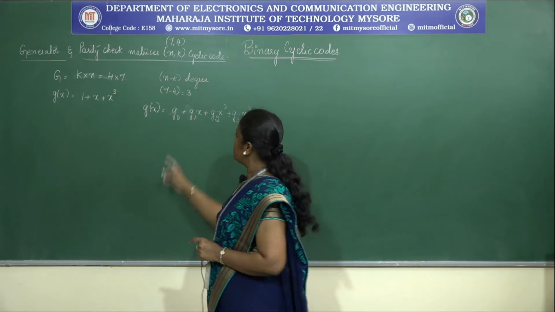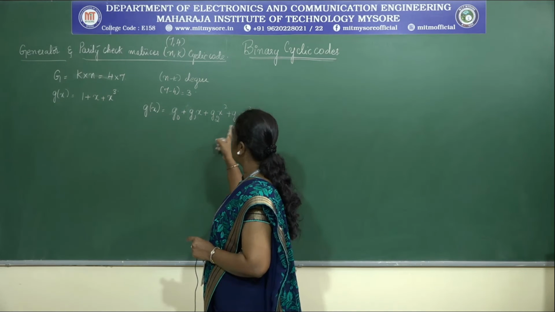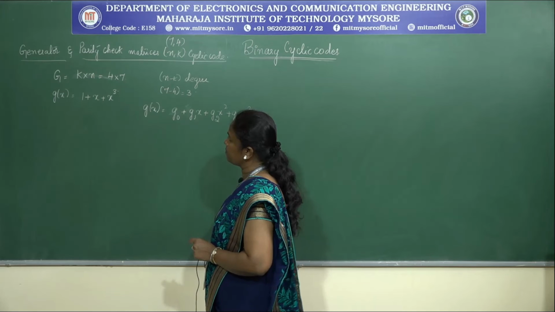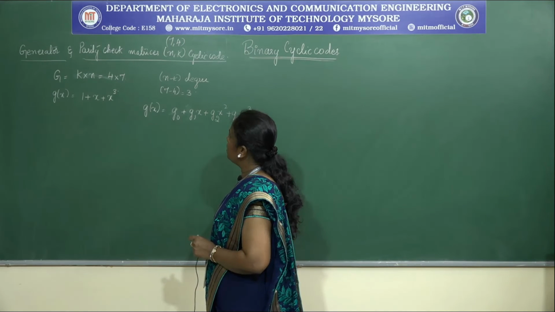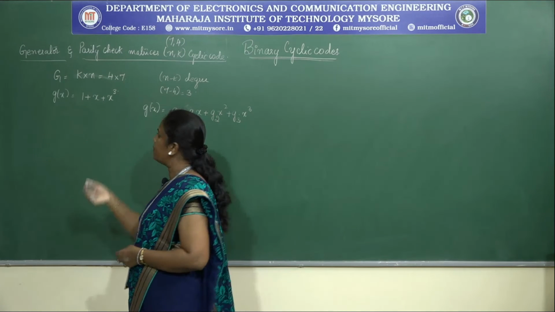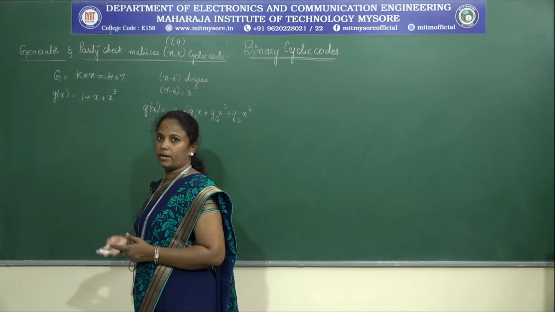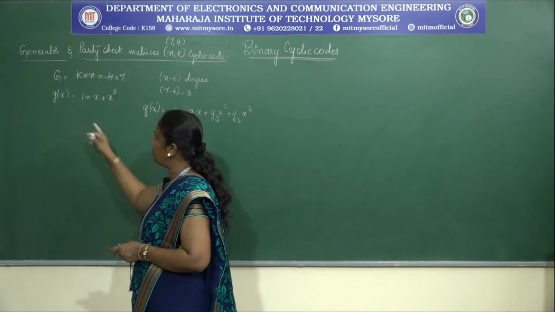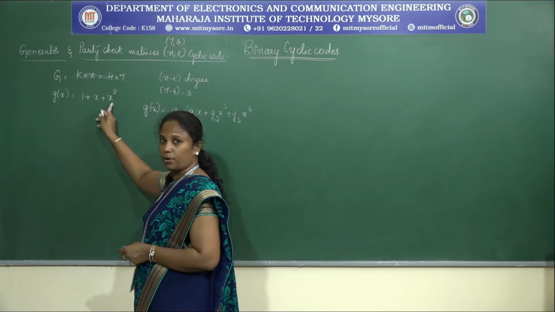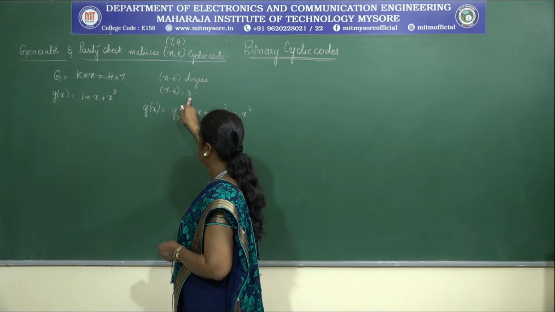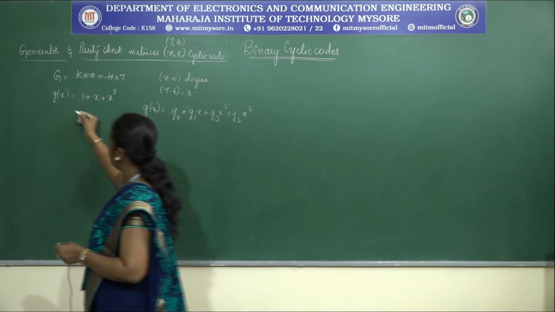That means 0, 1, 2, 3 is what we are going to consider here. So let us consider that our g of x is 1 plus x to the power of 3, as we had considered in the previous example. Since we have the degree n minus k, which is equal to 3, now we know